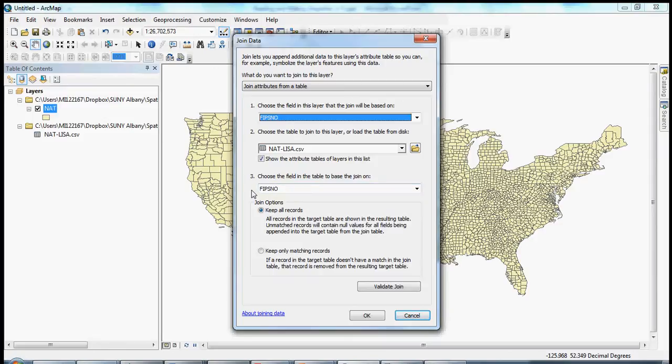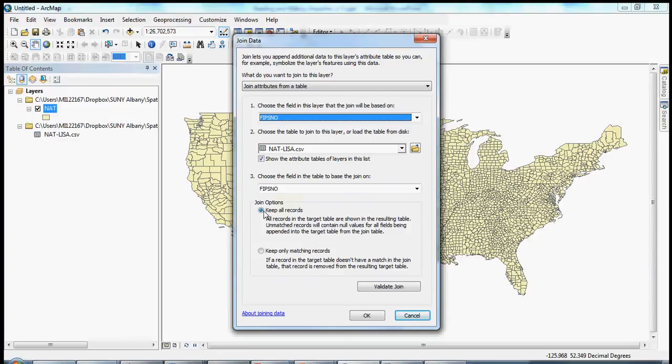You could run into trouble here if it doesn't find the unique identifier. In some cases, your unique identifier may be saved in a different format than the format that's in the shapefile. For instance, in the shapefile it might be a numeric format, but in your CSV or your Excel file it might be alphanumeric. You just need to go back into your CSV or your Excel file and reformat your data and make sure it's saved in the same format, and then ArcMap should be able to read it. ArcMap may also identify the wrong unique identifier, so just make sure to do a quick inspection here and make sure that it's catching the same